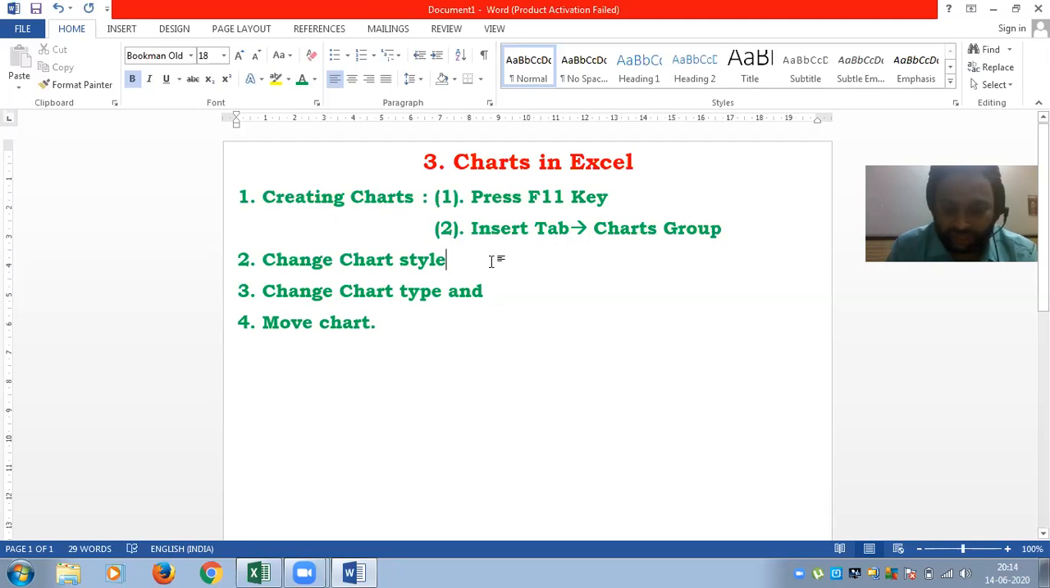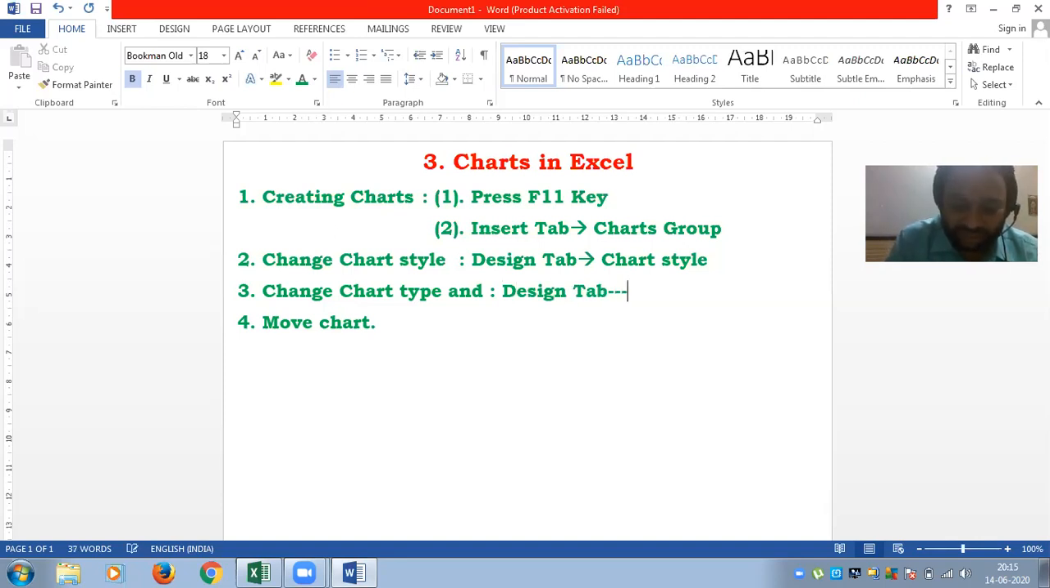And change chart style. If you want to change the chart style, you have to go to the Design tab. Under the Design tab, there is Chart Styles. Then change chart type. For changing chart type, the same, go to the Design tab. Under the Design tab, you are able to find that there is a Change Chart Type option. And move chart. Even Move Chart is also there in the Design tab,